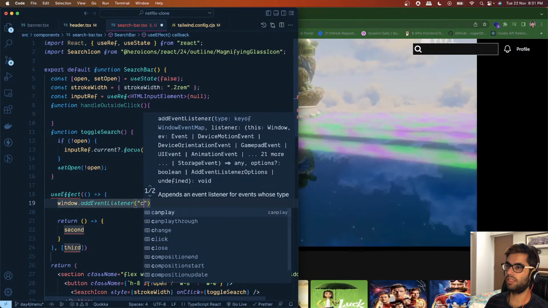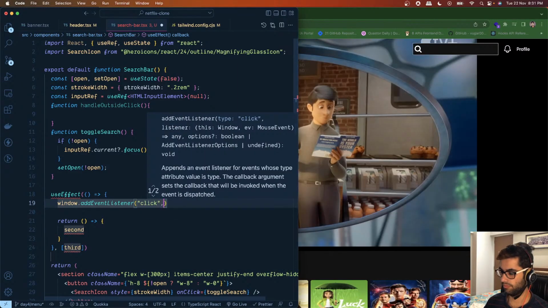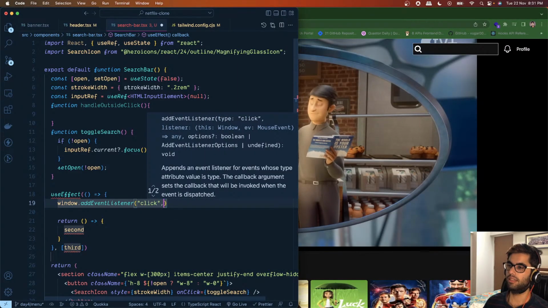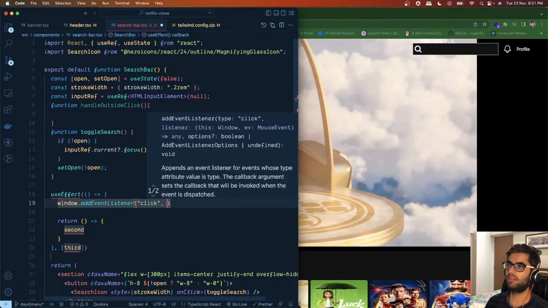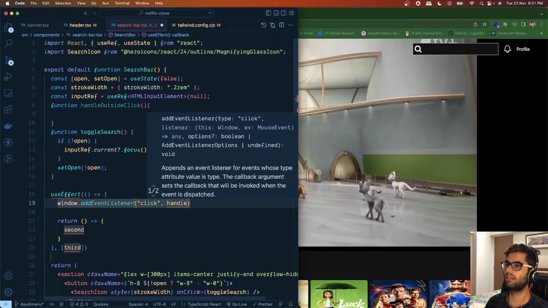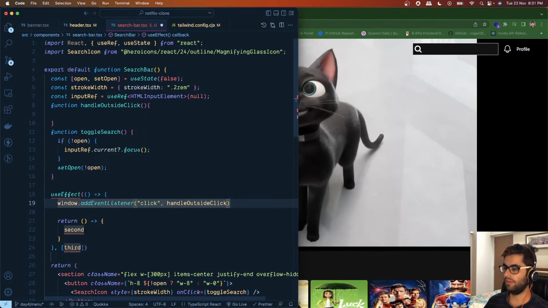We want to listen to the click event, and when that happens we will call the handle outside click function,